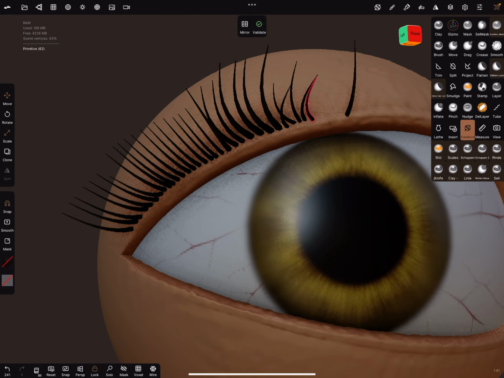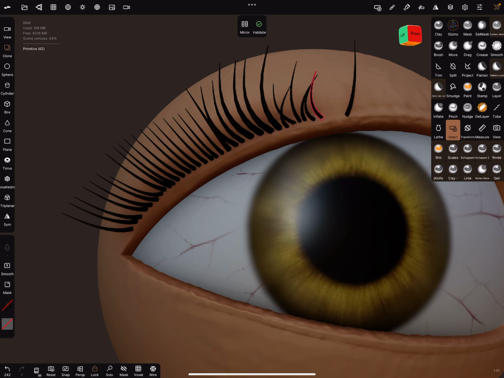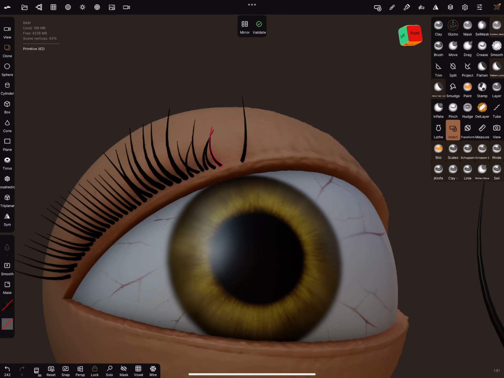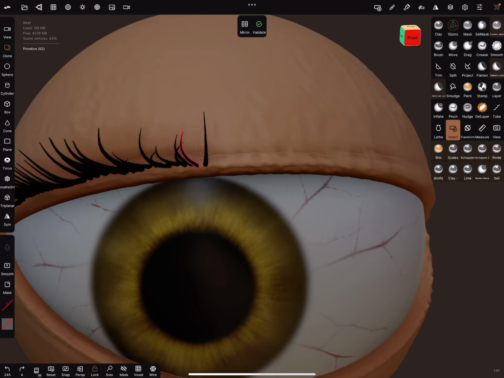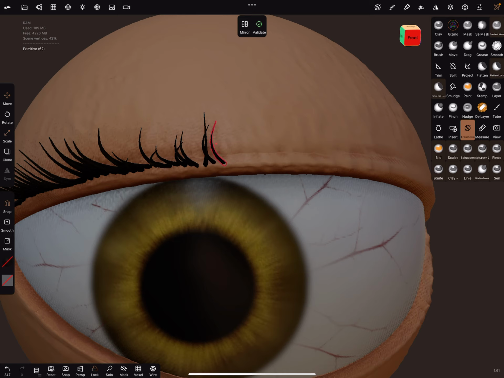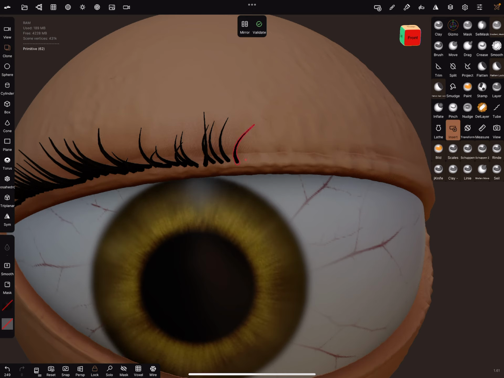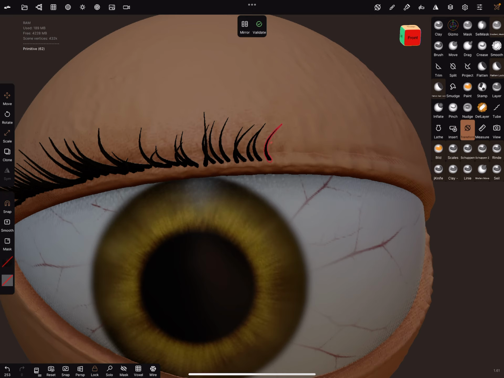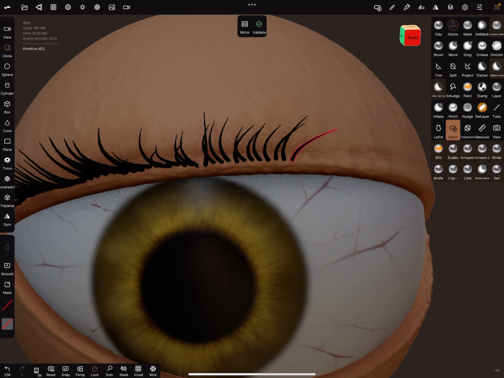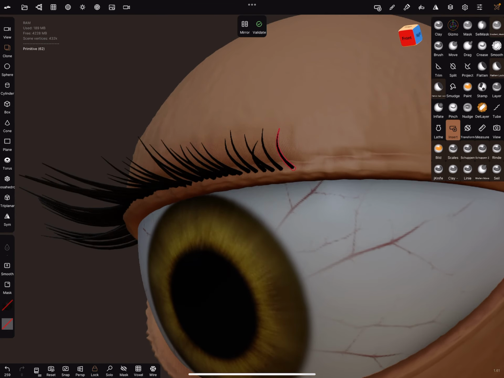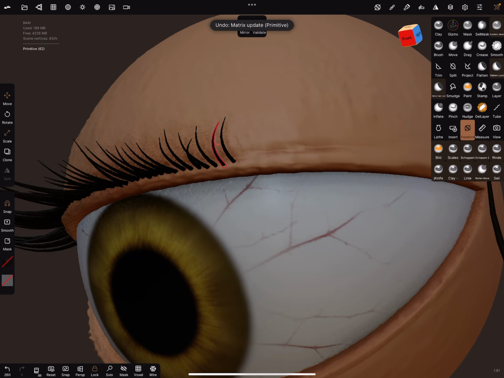Yes, the rest is always the same. Okay, I go a step back. Does it look too messy? It's only for demonstration because the video time is limited. I hope you understand.